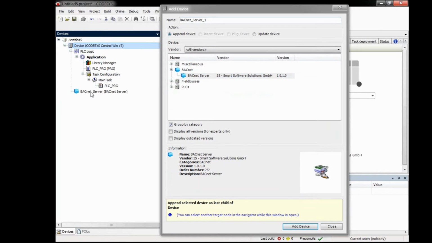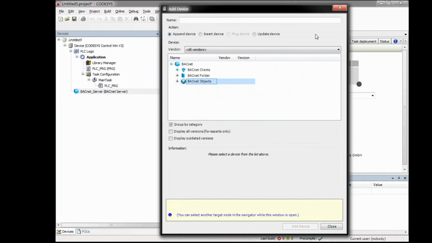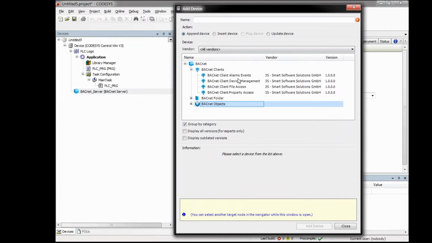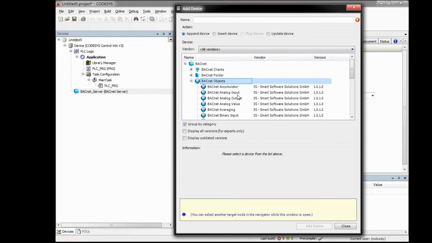Now we go to the level of the BACnet server, and what you see here are different child objects you can integrate or add to a BACnet server. There are BACnet clients, which represent the BACnet services I mentioned before. There is the BACnet folder object, which is just for ordering your BACnet objects within the device tree, and the BACnet objects, which I talked about before.